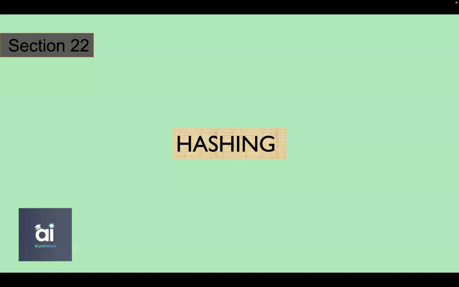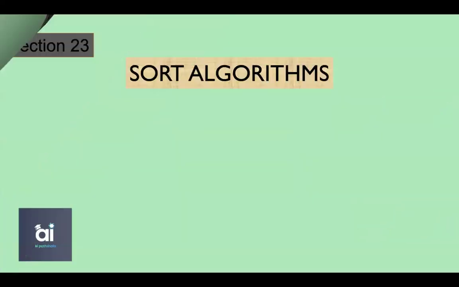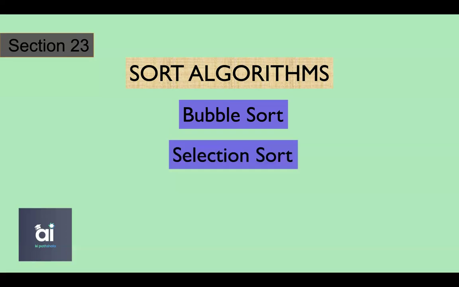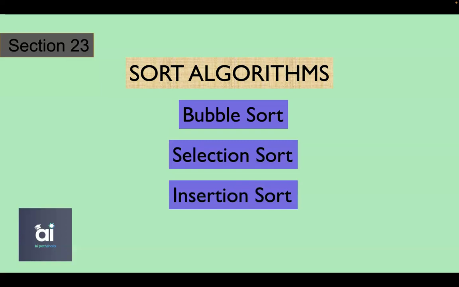So we move on to the sorting algorithms, in which we will learn several different sorting algorithms. We start with bubble sort, which is often considered the easiest one. And we move on to the selection sort. Then we move on to the insertion sort. And these three form a little group of intermediate or elementary sorting algorithms.